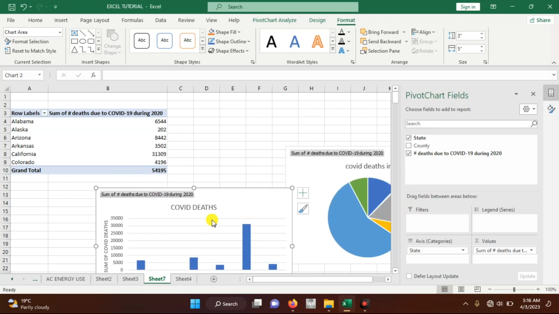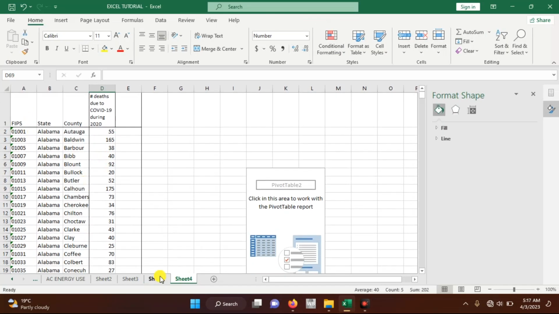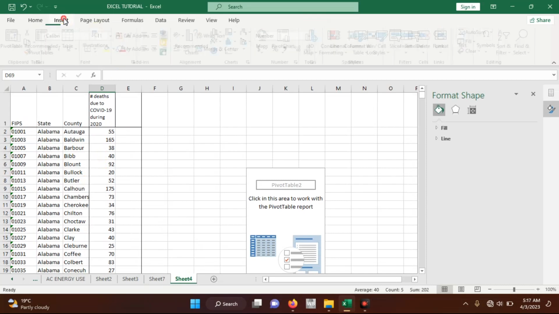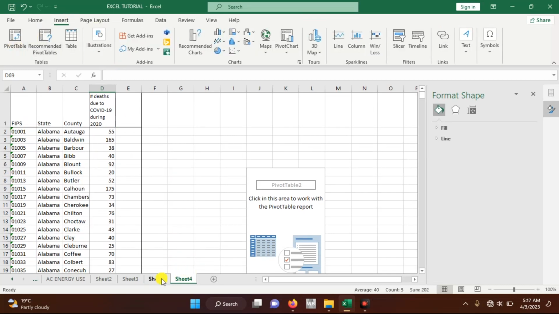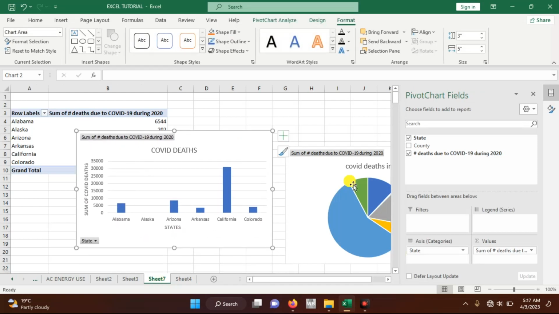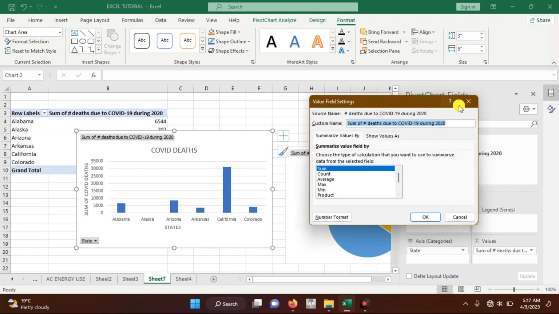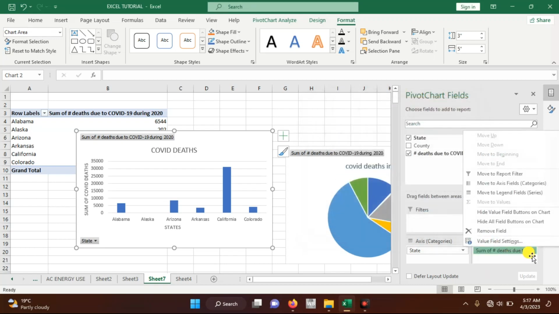So you select your data, the data that you want to analyze, all of it. Then select and insert pivot table, create a new sheet or work on the same sheet, and then come here, select what you want the categories to be and what you want summed up. Sometimes you don't even need to sum up. You might want an average, so you might want to change. So really what you do is you come here, you select